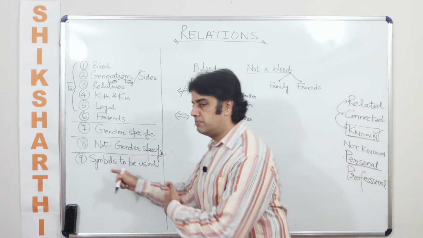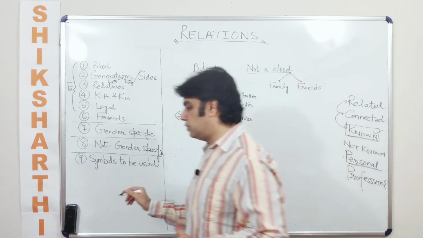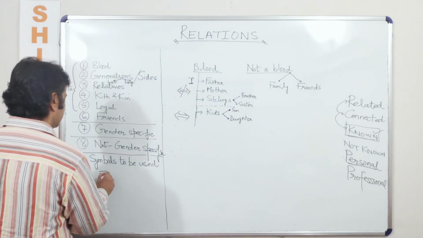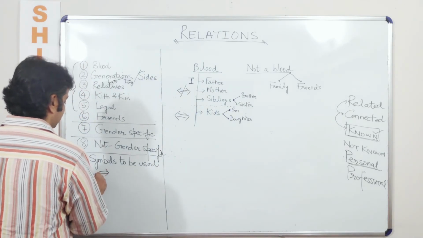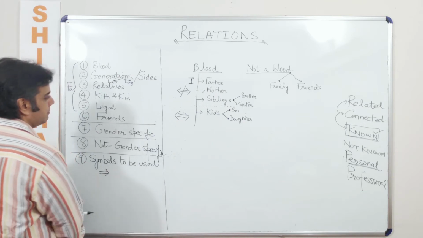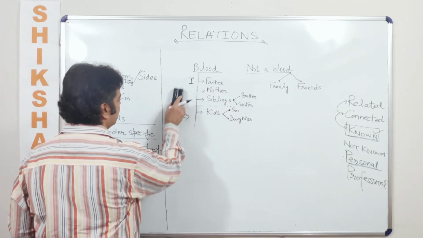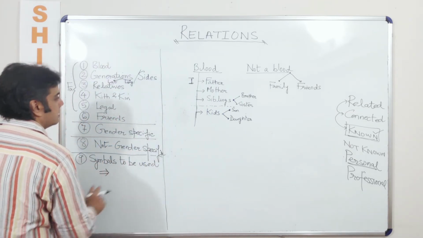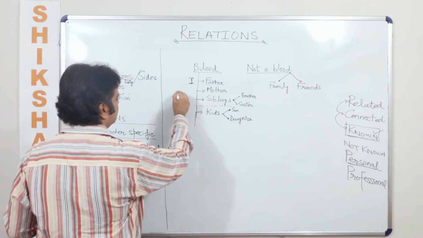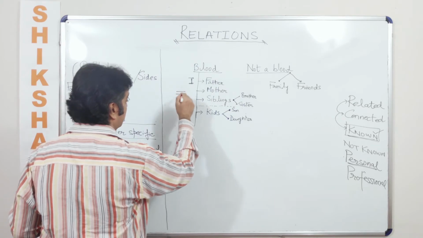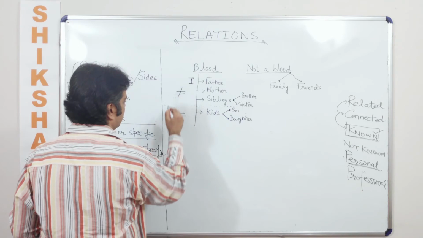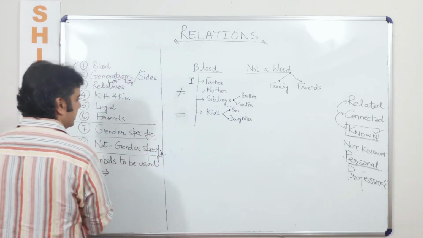Another, so we were talking about the symbols also to be used. So I used a symbol like a symbol of, let's say, equivalence. You can use any other symbol also. That does not make much of a difference. For example, there are certain people who would say use equal to sign. So whatever symbol you use, you should try and understand what you are using this symbol for. So here I was talking about I am not married, and here we are talking about we are married,